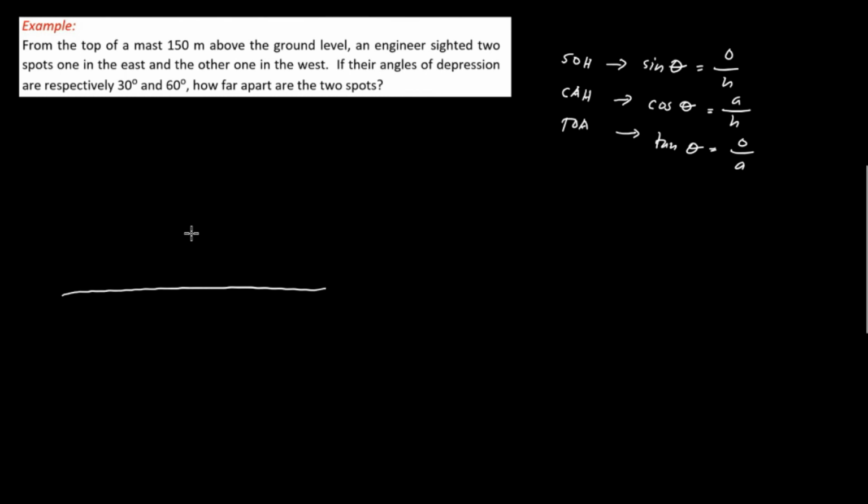The ground level, and above, the height of the mast is 150 meters and designated as T, and he sighted two spots, one in the east and one in the west, and pointed as A, and the other side is